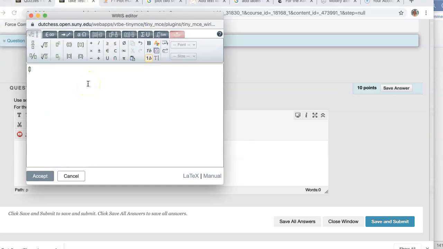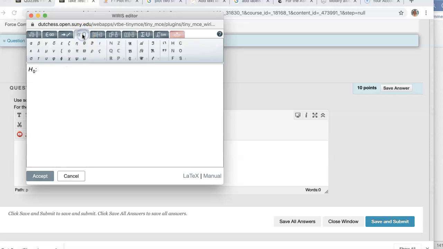And then, for example, you could type H and then use this symbol right here to put in your 0, and then use the right arrow key to move over, and a colon and a space, and say you wanted pi, that's right here, and you could say equals 0.5, and then you could hit enter and make a second